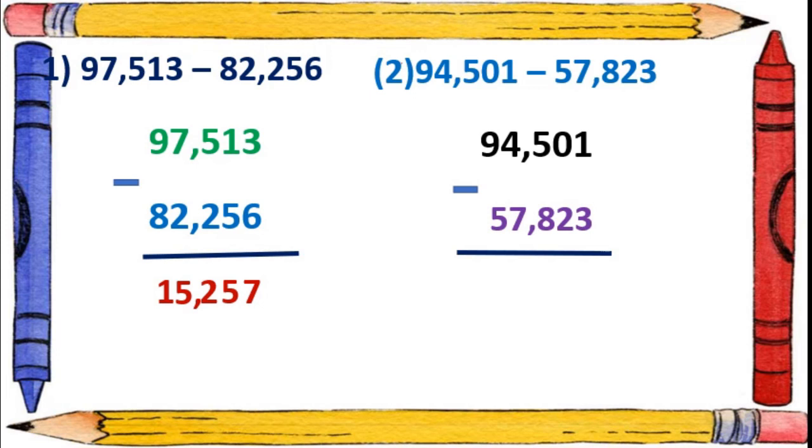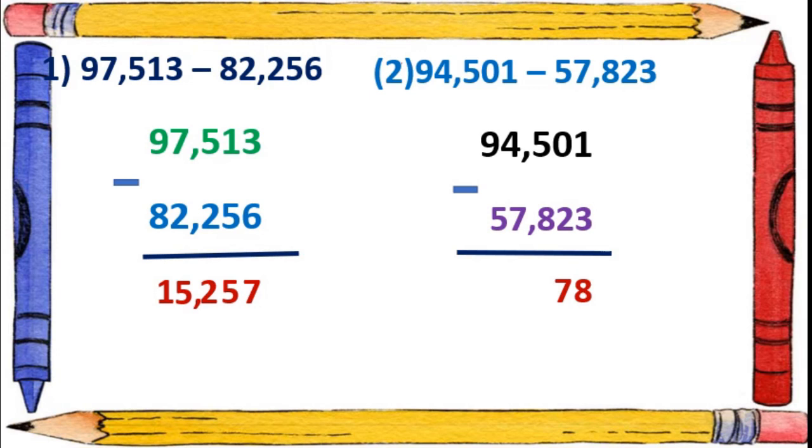We will begin from the unit place. So 1 minus 3 not possible. So here it became 11, correct? And in the zeros place 9 will be there and in the 5's place 4 will be there. Isn't it? Okay. Now 11 minus 3 is equal to 8. And here 9 is there. So 9 minus 2 is equal to 7. And here 4 is there. 4 minus 8 again not possible. So we will untie this 4 from the thousands place. So here it became 14.